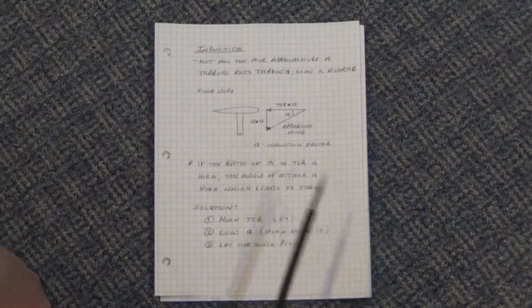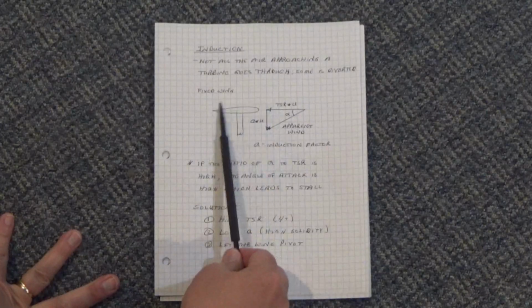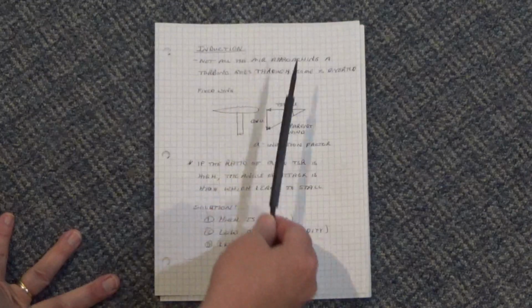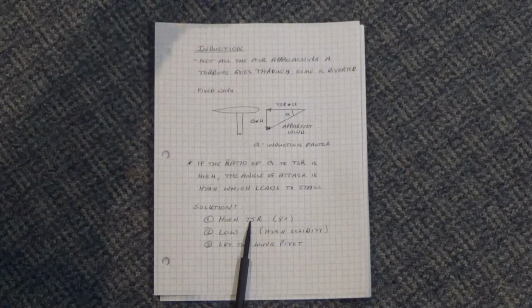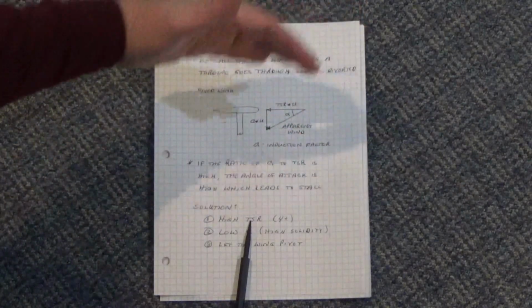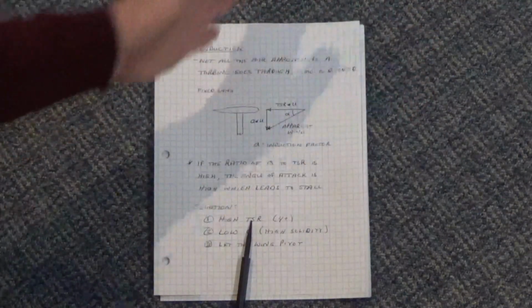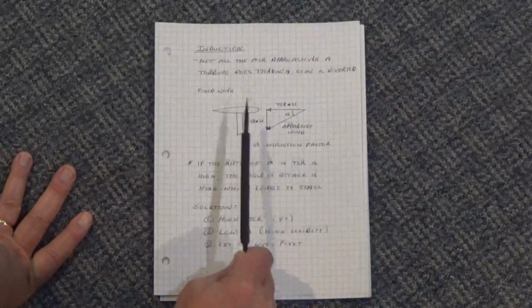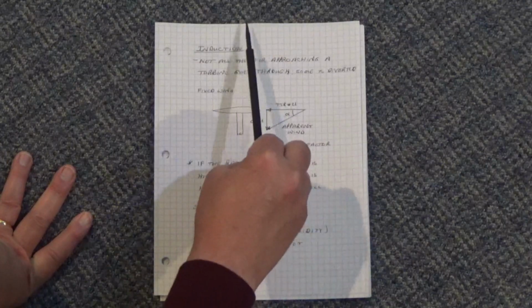So to start out with, there's a topic called induction. Not all the air approaching a turbine goes through. It develops kind of a pressure in front of it, and some of the air gets diverted one way or the other. And so we have, if we just show a fixed wing here and the wind is coming straight down in this direction,